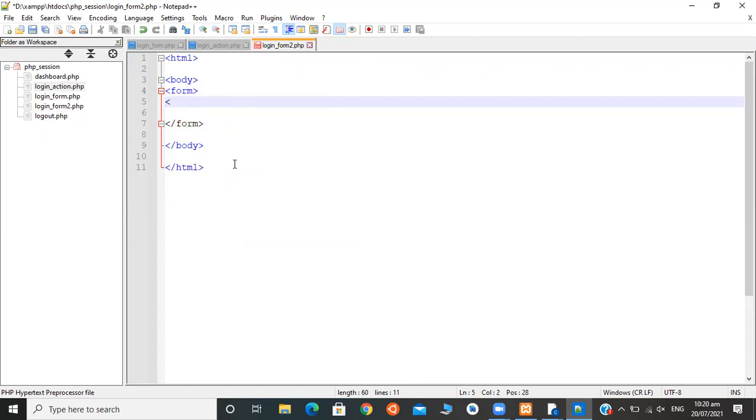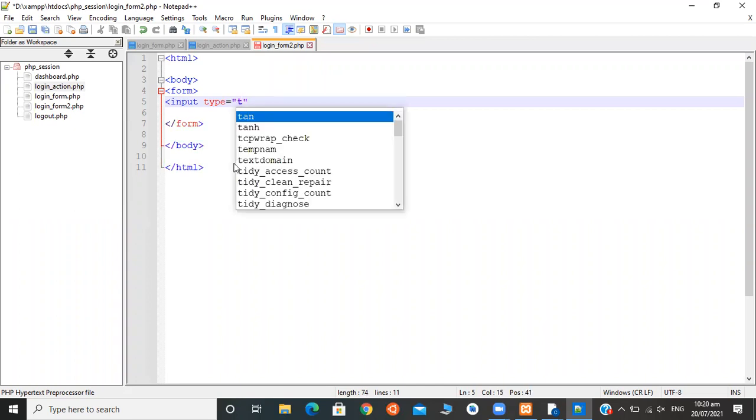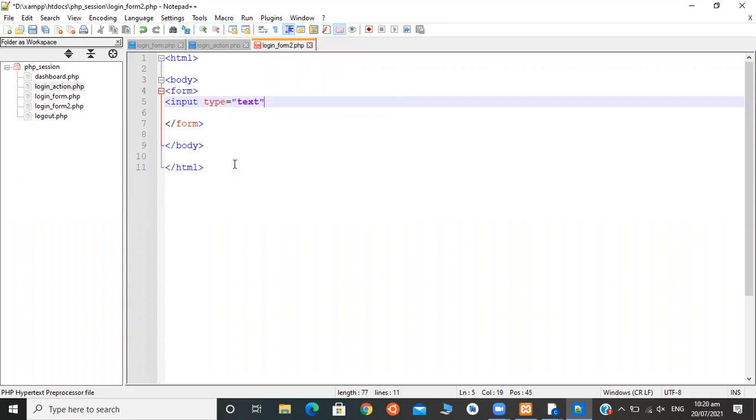For that, input is used as a text box in HTML. Type is an attribute here. Type can be text or password. It can be a button also if you need one. Here we are going to enter some data from the user, which is why we are using input type text.